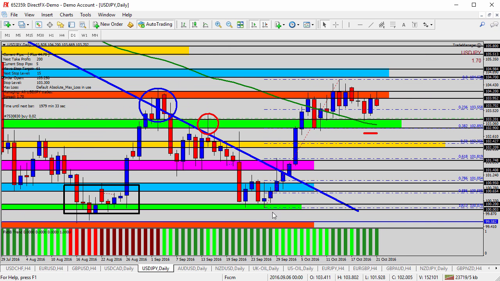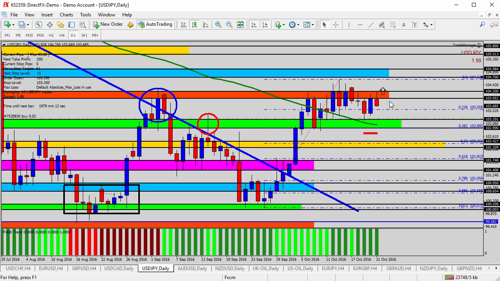Moving over here to the USD JPY, look at this area right here. We've been stuck in between the green and the orange shaded area for a couple of days now. Fortunately, a couple of days ago, we took a buy into 103.20. We've been able to capture profit all the way up into the orange shaded area. It's on the brink, again, of a breakout. It just hasn't done it. We're looking for the push through